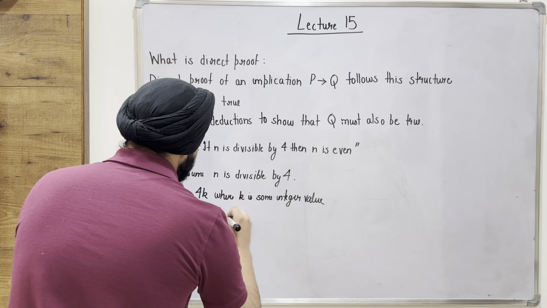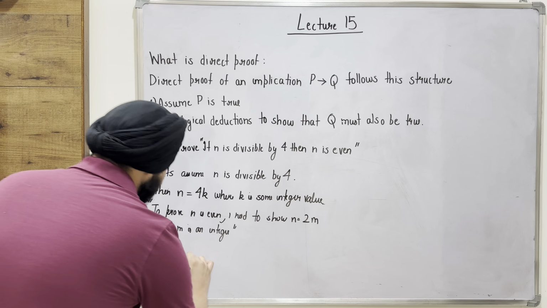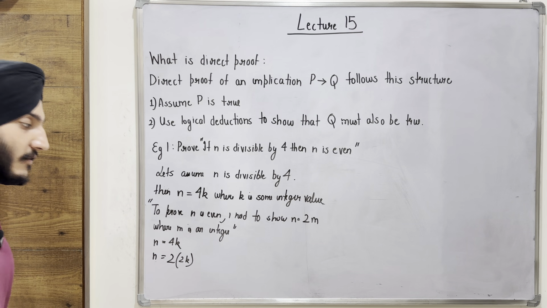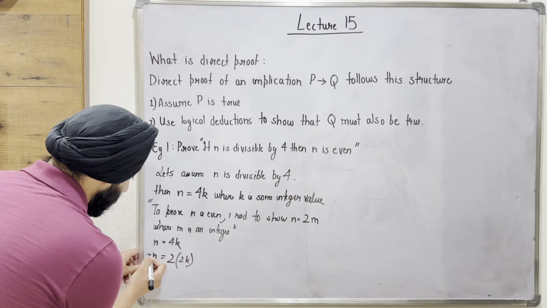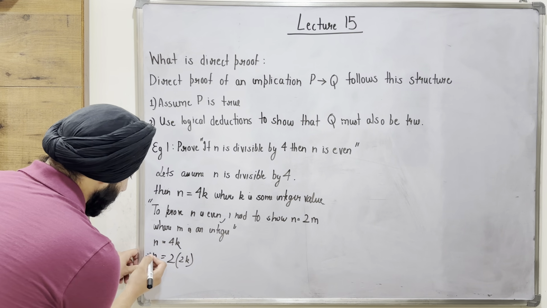Okay, now let's try to understand what I'm supposed to do. I already know n is equal to 4k. So if you think about it, I can write this as n is equal to 2 multiplied by 2k. Does that make sense? So this is basically the form n is equal to 2 multiplied by m. Hence, since I have reached this point where n is equal to 2m,